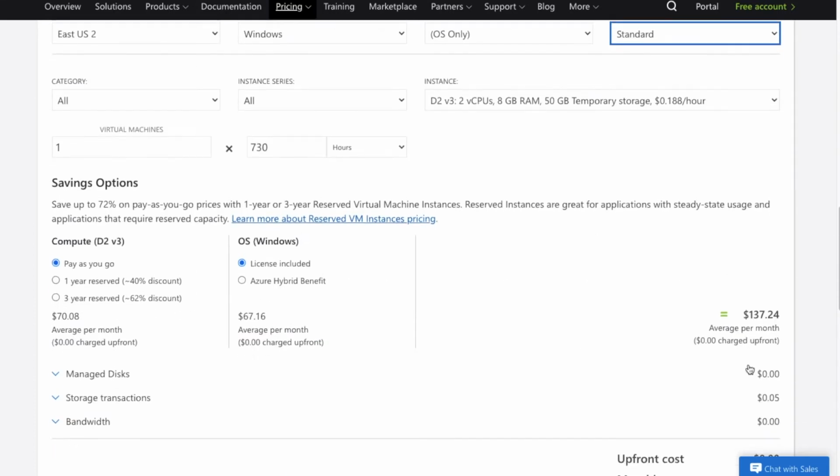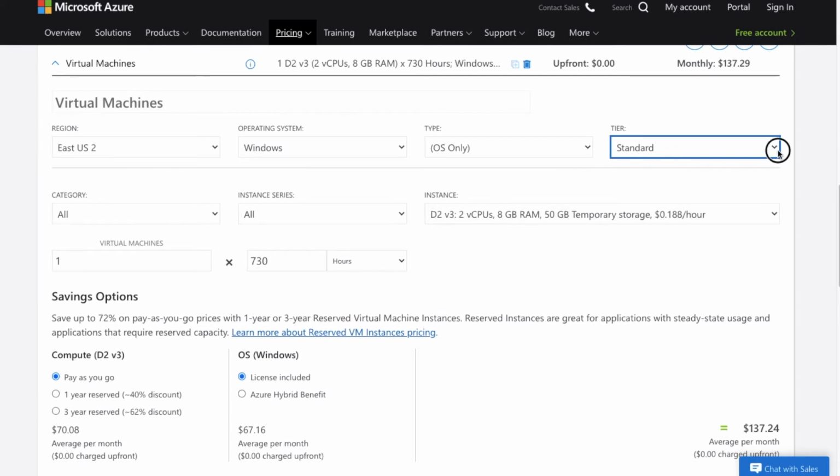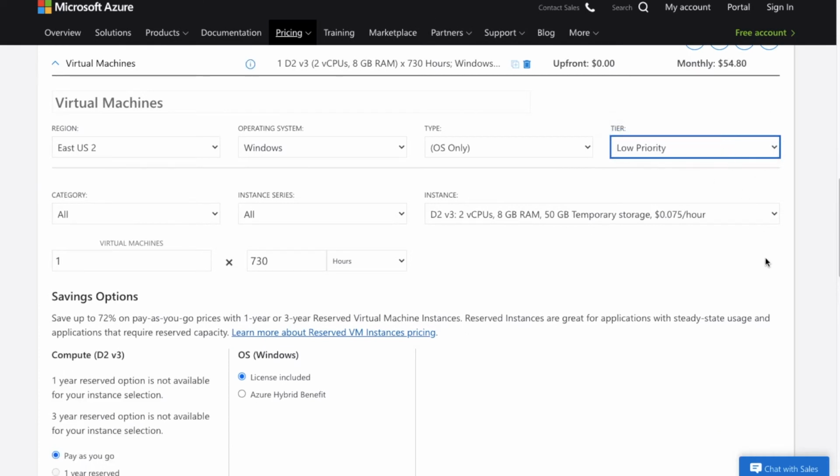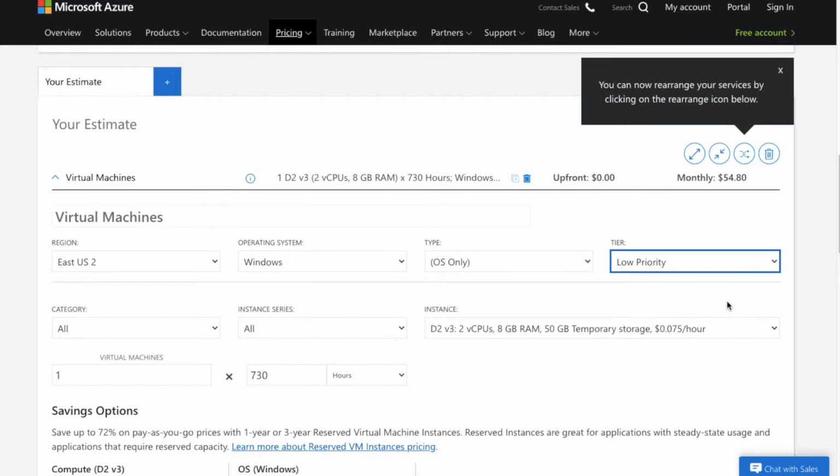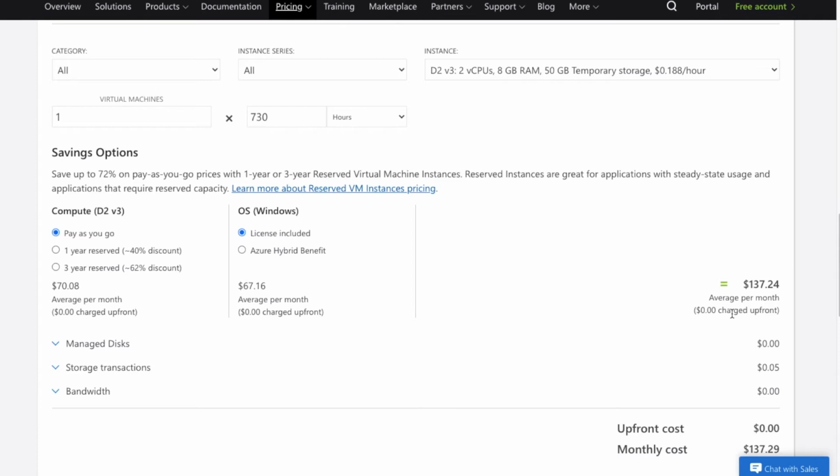So you can see that if I select the low priority tier, then our pricing calculator will change to $54.75. If I select the pricing tier as standard, the estimation will increase to $137.24. So this is how the calculator works.